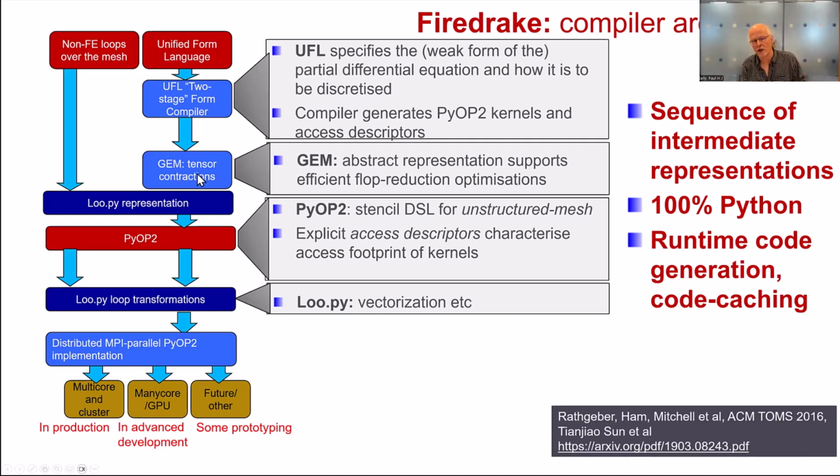Then one of our PhD students created this layer of the compiler, the tensor contraction layer. And then another PhD student realized that he could implement all of that complicated stuff as tensor factorization in that algebraic tensor contraction representation. And we got to delete thousands of lines of code over here, which is one of those good days in a software engineering project. So let me say a little bit about what this thing is used for.